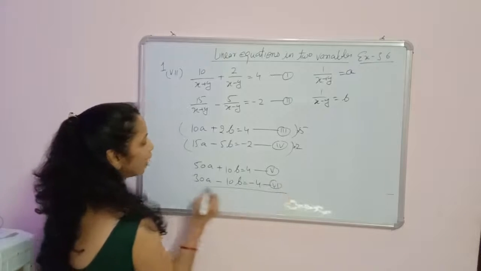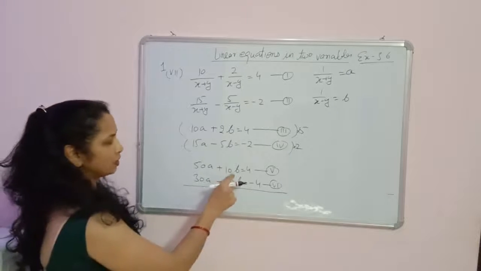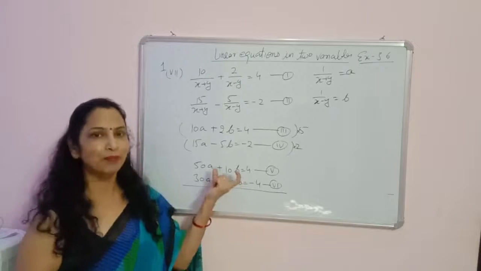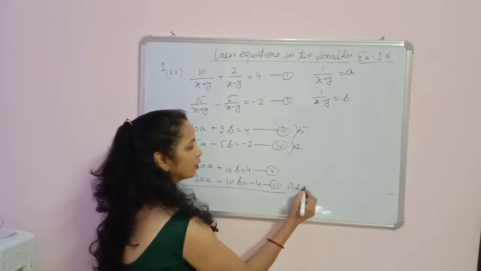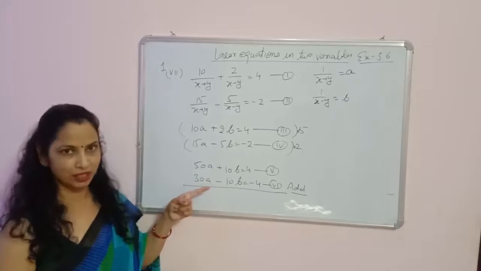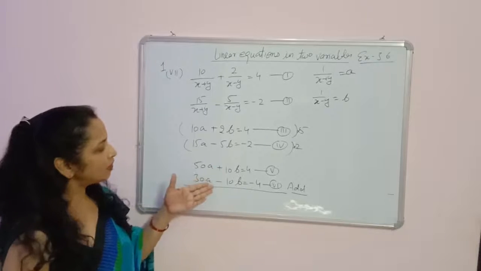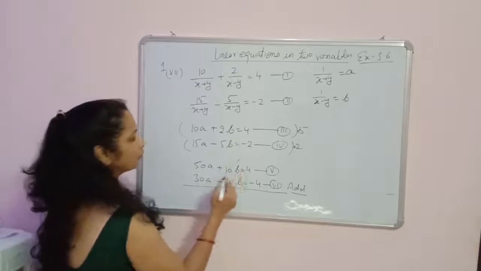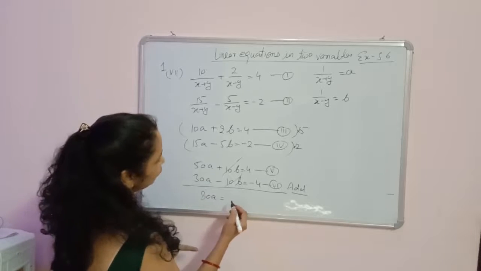So here in this case, what you have to do, will you add or will you subtract the equations? Since we are going to cancel these b and both the b have different signs, what we have to do, we have to add the equations. Suppose they have the same sign, what will you do? Now you will subtract the equations so that their signs become opposite and we can easily cancel them. Now in this part, we have the opposite sign, so we will add the equations. So these cancel. It will be 80a is equal to plus 4 minus 4 becomes 0.